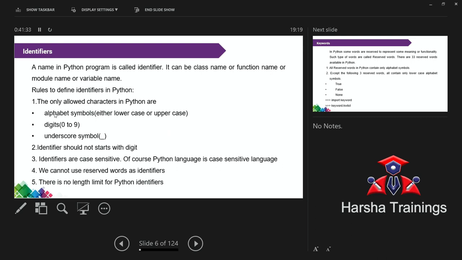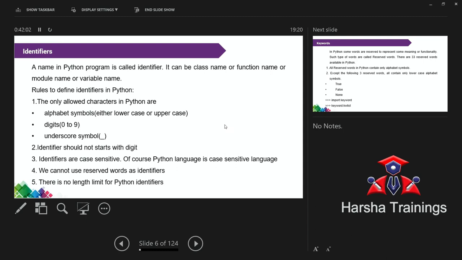Okay. Now the first one is completed. Now the most important thing is the second one. Even though it is possible to use digits, the identifier does not start with a digit. What do you mean by this? Does not start with a digit. For example, a is equal to 5, that is valid. 1a is equal to 5.